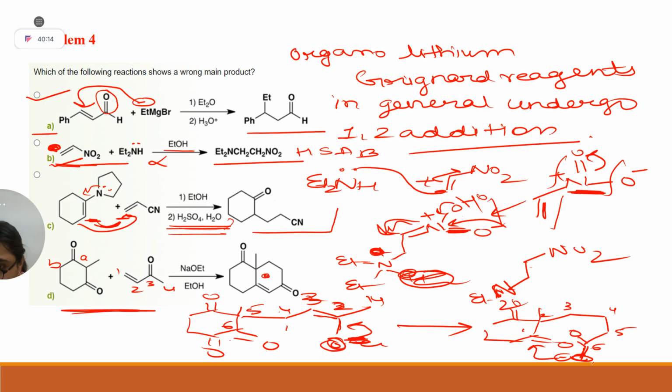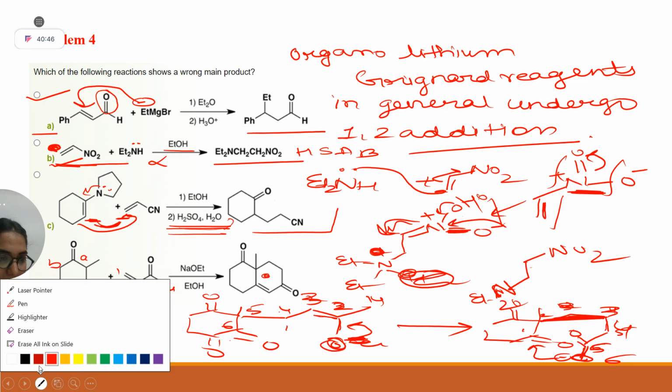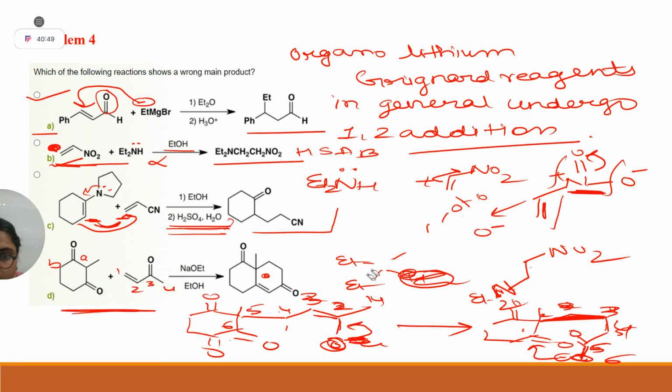I think I have done a mistake somewhere. One, two, three, one, two. Okay, only two carbons will come. One is extra. So one, two, three, four, five, six. Now clear how the six-member ring will form? Yes, ma'am. Actually it's my mistake. I have made a mess here. But I think you have got that D is the correct product.